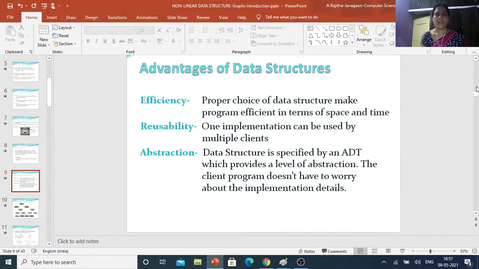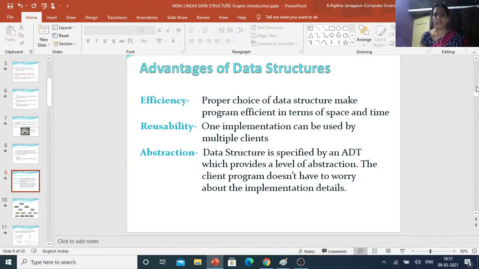For example, suppose you choose arrays, then fast retrieval is there, which means time is very less. So efficiency means that proper choice of data structure makes the program efficient in terms of space and time.